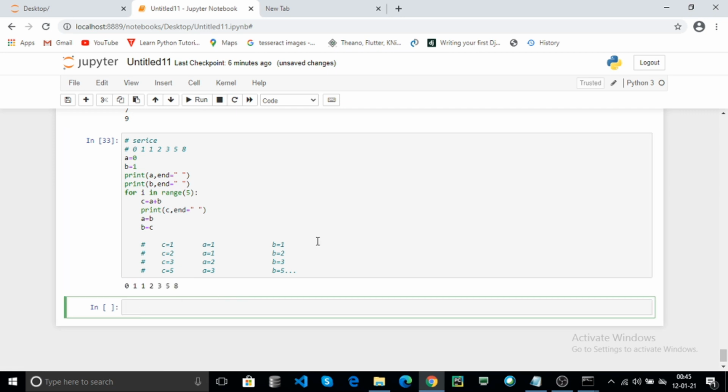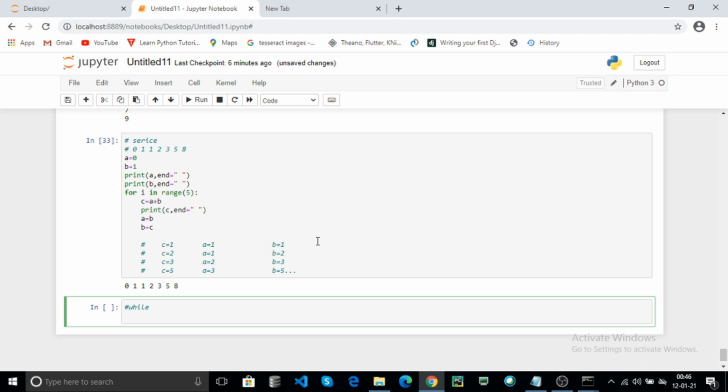Now, same as for loops, the while loop also executes a block of code multiple times, but it first checks the condition, then prints the value and finally increments the value. For example, in the while loop you must initialize some variable.